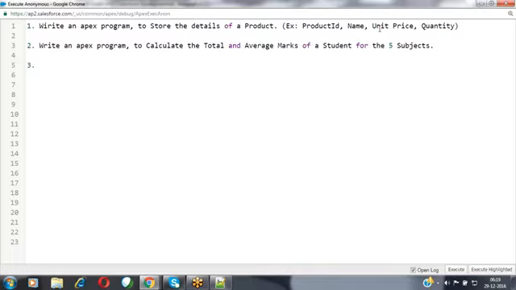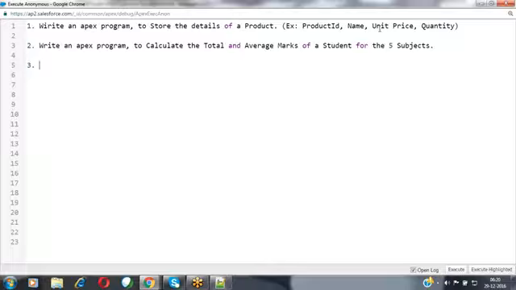For that, we need the 5 subjects. All these subjects will have some marks, which will be numerical values, so we have to define 5 variables of type integer. After that, we calculate the total marks and the average marks of that student. To store the total marks, I would like to use a total marks variable, also of type integer, and then one more variable, average marks. In total, 7 integer variables that you have to define, then assign some values for the marks, perform the operation and calculate the total marks and the average marks.